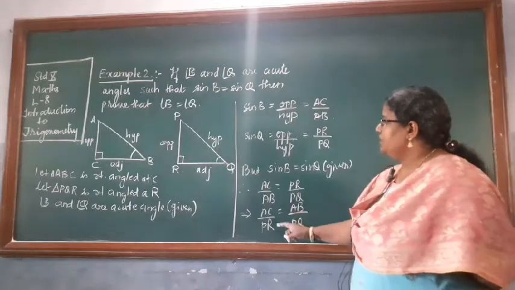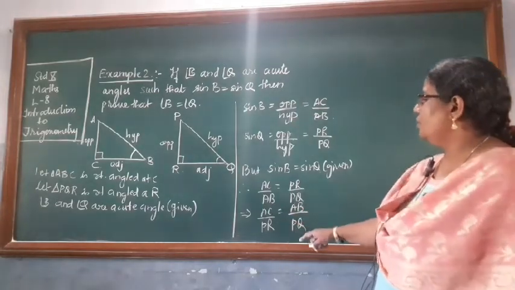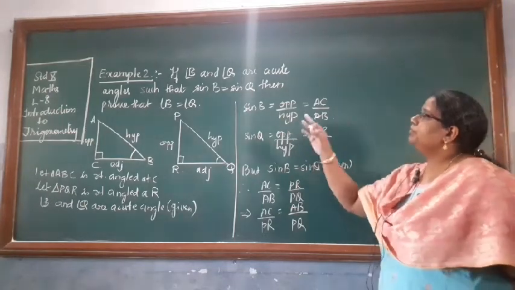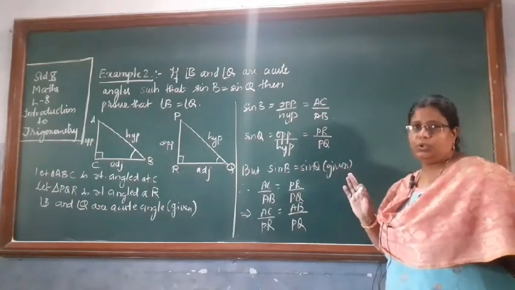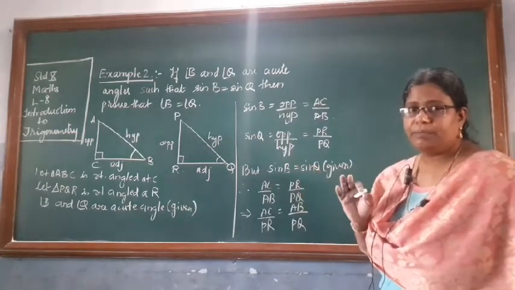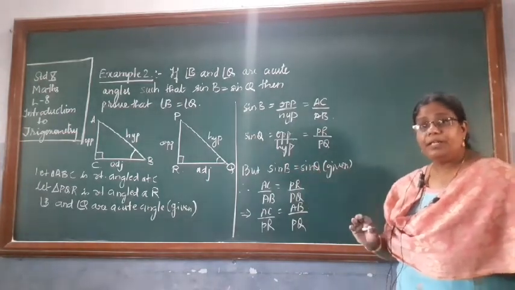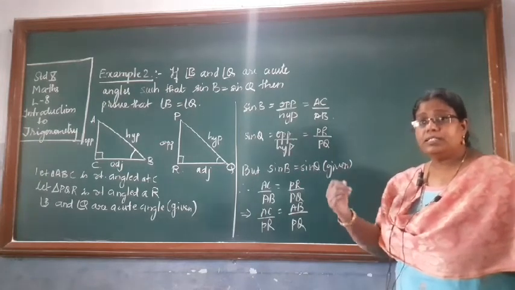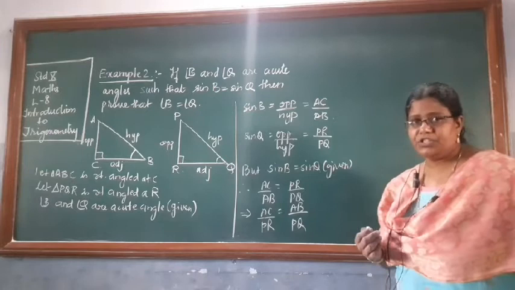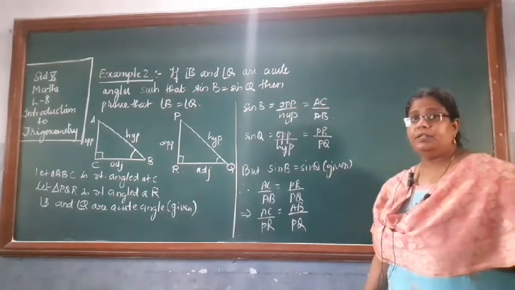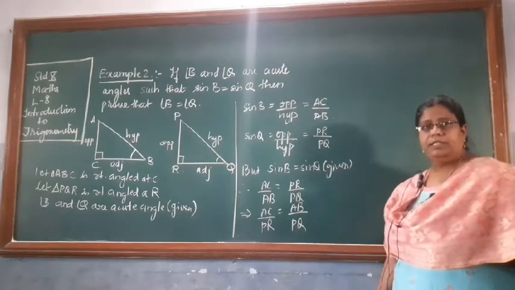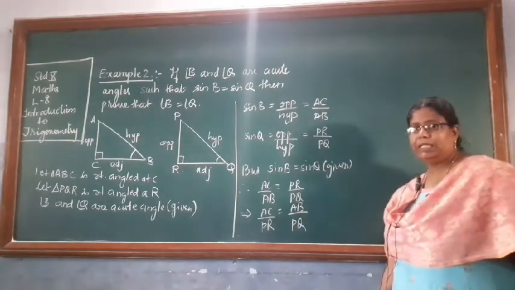So in this case we have taken the ratio of the sides of two triangles. Now you have to prove that B is equal to Q. You can prove it once you prove that the two triangles are similar. How can you prove that? The two triangles are similar if their corresponding sides are in ratio, that you have learnt in the previous class of triangles. Theorem number 6.4 tells us that.